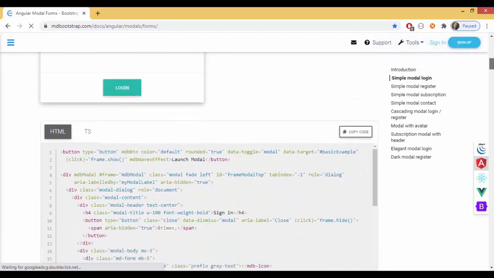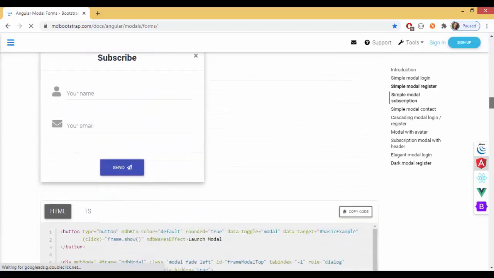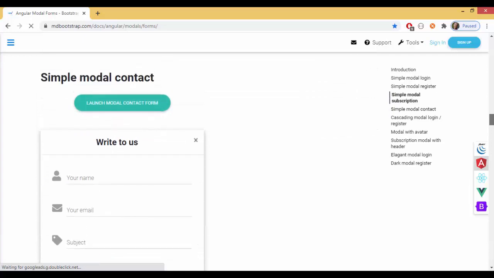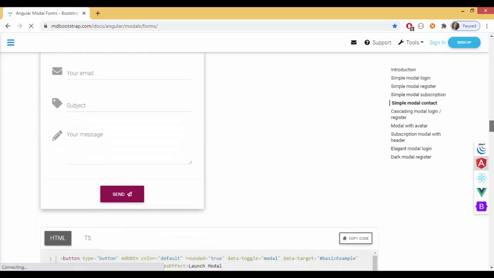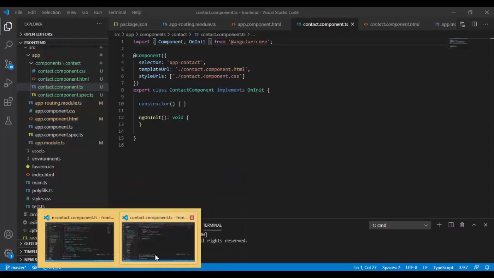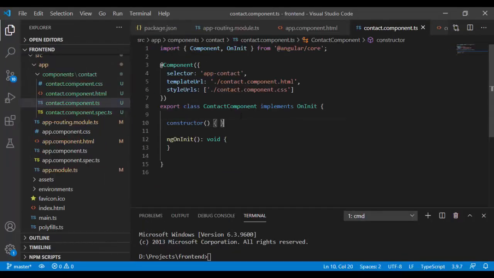So you see here under this page we have different types of forms: register form, subscription form, and we will focus on this simple modal contact form. So we will build something similar under our application, and we need to focus first on the Typescript file. So let's increase the font size, and under our contact component TS,